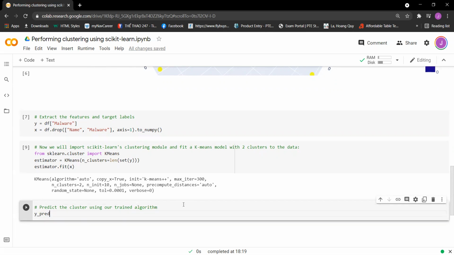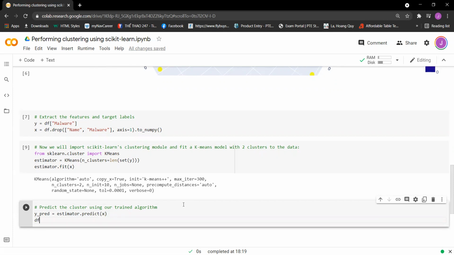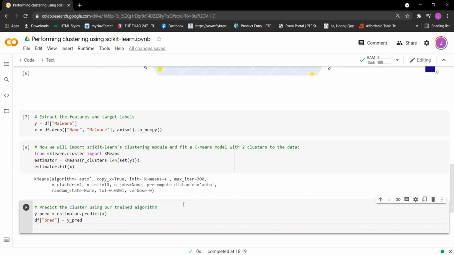So we have y_bread is estimator.predict(x), and now we have df_bread equal y_bread, and now we do the same thing, so just copy and then paste here, equal df_bread.astype, we have category. So let's run the cell, and now we will see